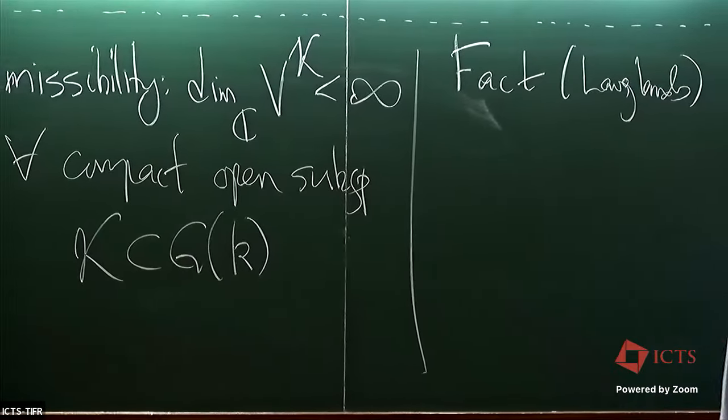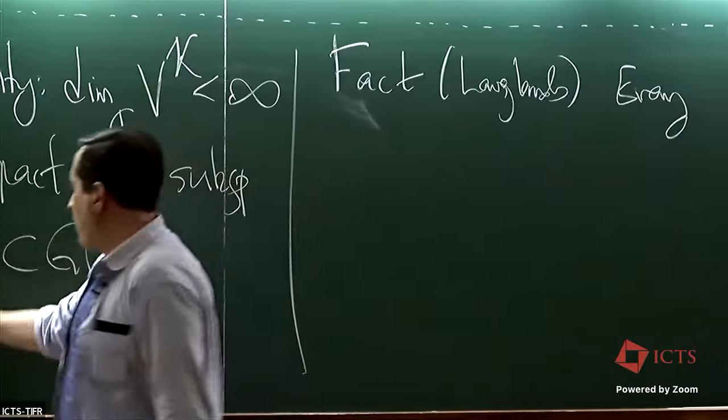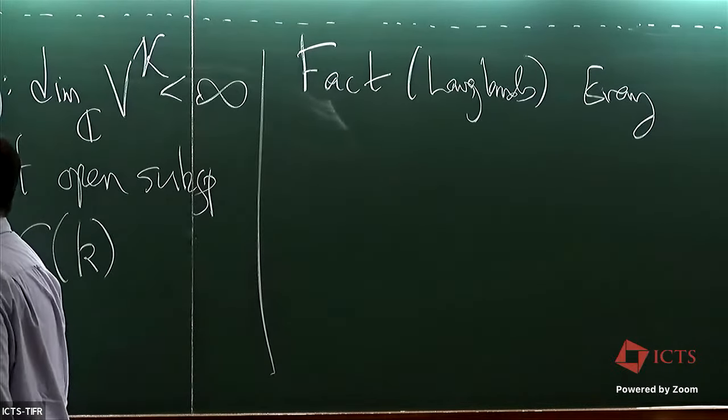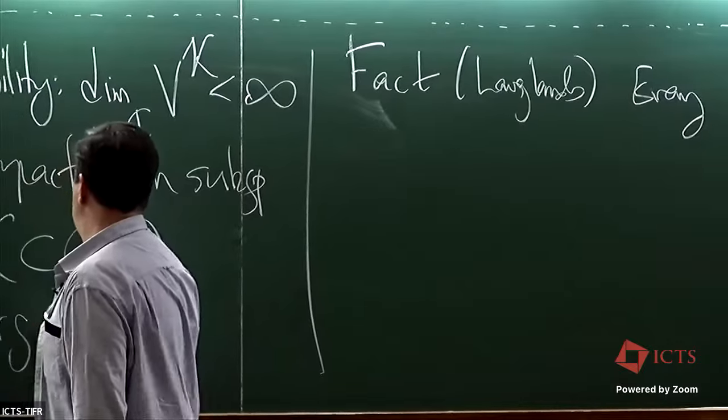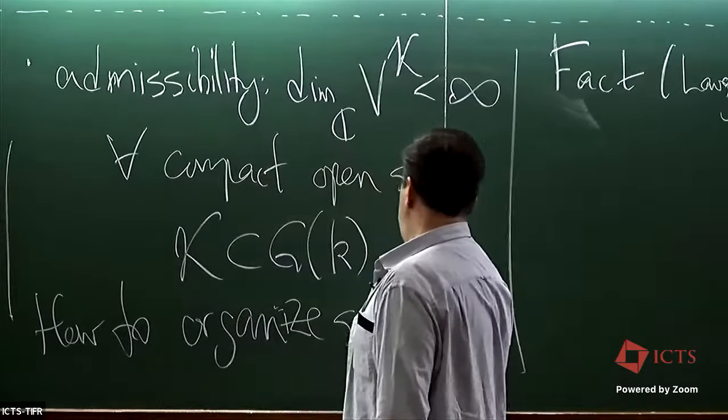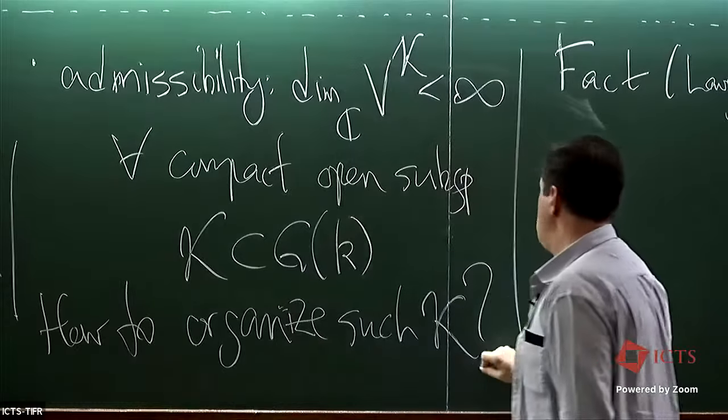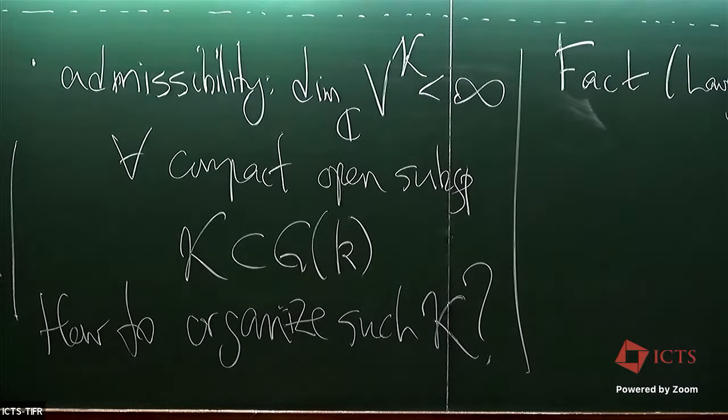The question is how to, in some sense, organize such K. So maybe for a specific group like GLn, we can write down some very specific, interesting compact open subgroups, but for a fairly general G, or even for things going away from GLn, how do we understand these up to conjugacy? So Langlands gave an argument to show that every compact subgroup lies in a maximal one,